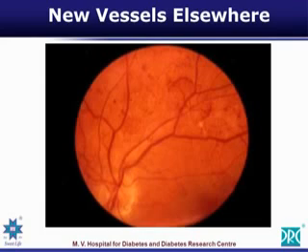This patient will come to you with 6/6 N6, that is normal visual acuity, but it is almost like carrying a time bomb in his pocket. Anytime he sneezes, anytime he lifts up a chair, this particular new vessel can rupture and produce a massive vitreous hemorrhage, an instantaneous drop in his visual acuity to almost zero.